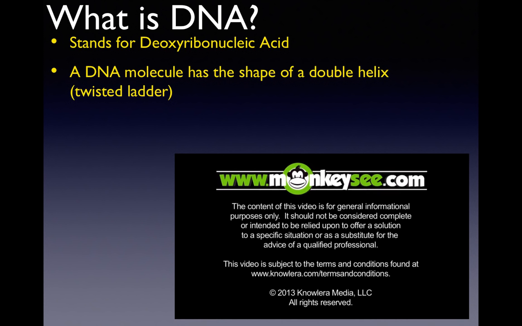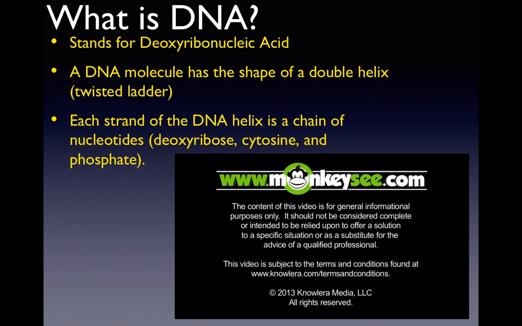So a DNA molecule has the shape of a double helix. So basically what you want to imagine is a ladder that we grab the ends of on both sides and just twist. All right? Each strand of DNA helix is a chain of nucleotides. So that means it's going to have